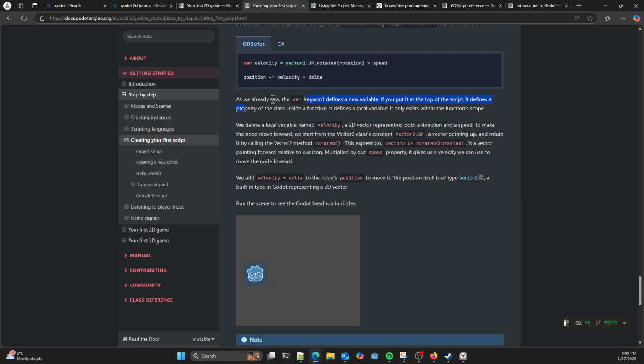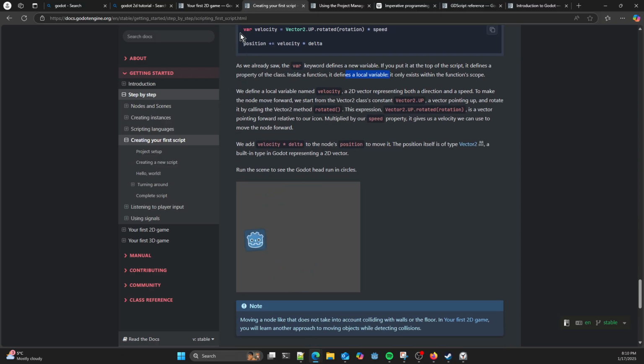Okay, that defines a new variable. If we put it at the top, it defines a property of the class, a member variable. Inside a function, as we've done now, it defines a local variable that only exists within the function.